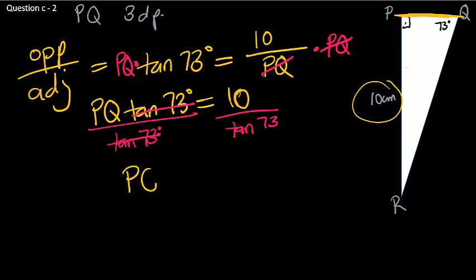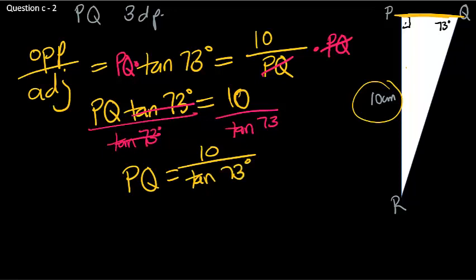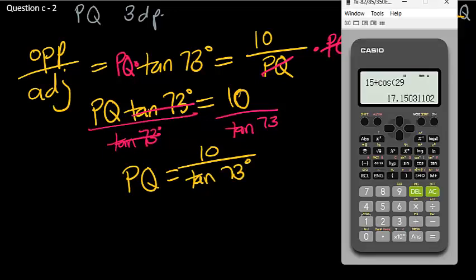So PQ is equal to 10 over tan of 73 degrees. Now I can use my calculator, and I can say 10 divided by tan of 73 gives me a total of